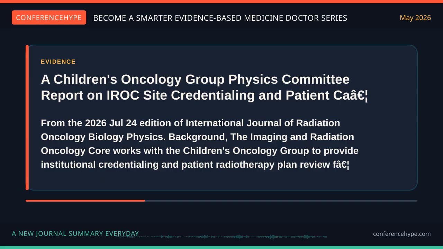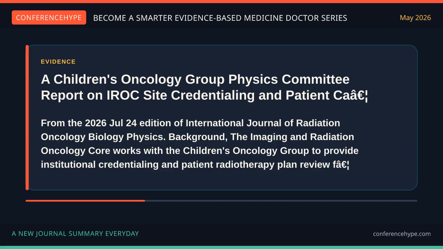Background: the Imaging and Radiation Oncology Corps works with the Children's Oncology Group to provide institutional credentialing and patient radiotherapy plan review for sites that enroll patients on COG clinical trials. Methods: COG protocols that include radiotherapy require specific site credentialing activities, depending on the treatment technique that is allowed in the protocol. Results: this study found that credentialing and case reviews in clinical trial quality assurance were complementary, identifying unique